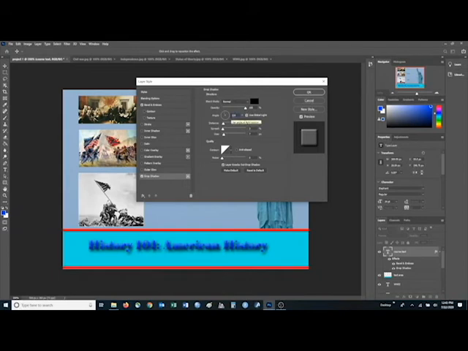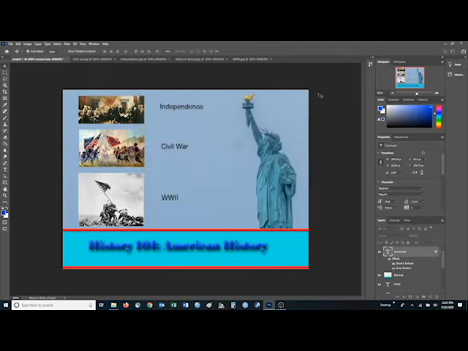It's pretty good. Okay, let's do 120. That's all we need, and I'm going to click OK. This gives you a little bit of shadow effect. Okay, drop shadow effect. Now you can do the same thing to the text on the top or to the